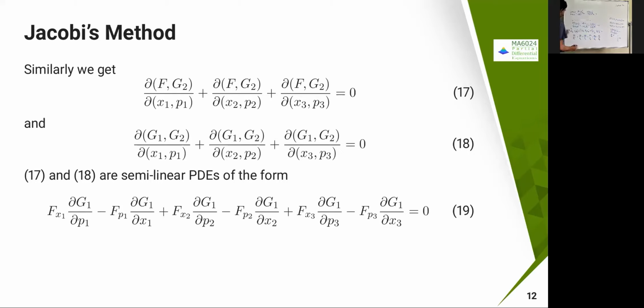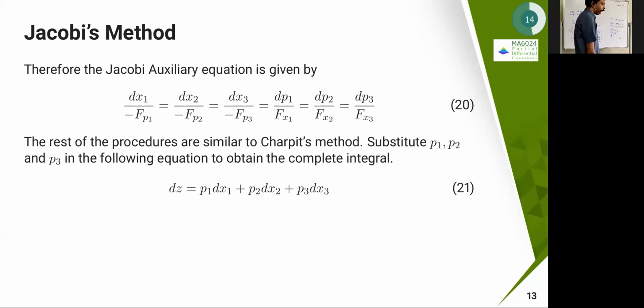Because here this is the variable, like dx dy. So this is called Jacobi's method auxiliary equation. Now you can imagine that if you want to do similar things for n-dimensional variables, you can extend this further. So this is going to be your characteristic ODE, or the Jacobi auxiliary equation. From this, the remaining procedures are as you do in the characteristic system which you solved for the quasi-linear PDE or semi-linear PDE, or Charpit's method, the same way, and then you can solve for the values.